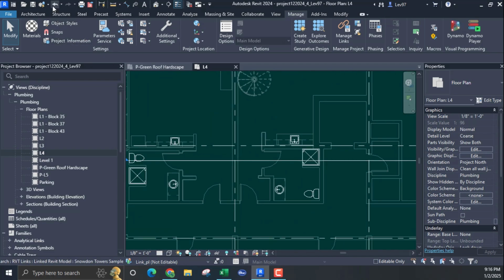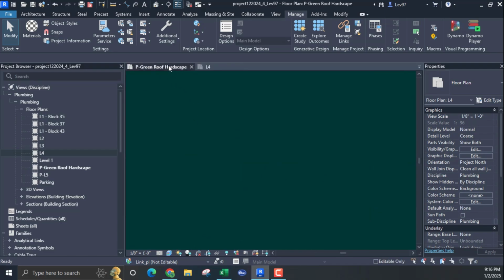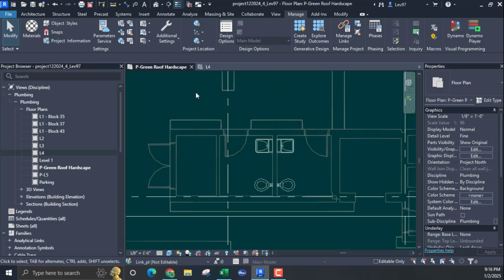Yes, let's sync this. Okay, so we have level 4. So now we're ready to start our drawing. Okay, and then we can add as we go down, level 3, level 2, all the way down to the parking. So I'm going to start in